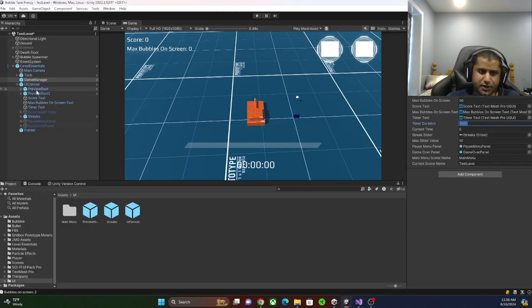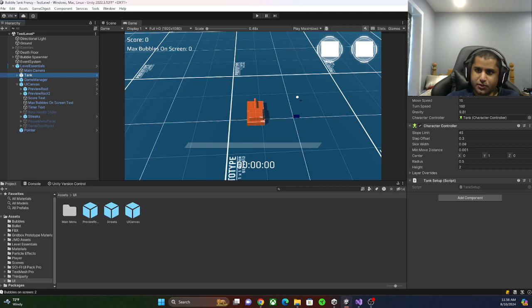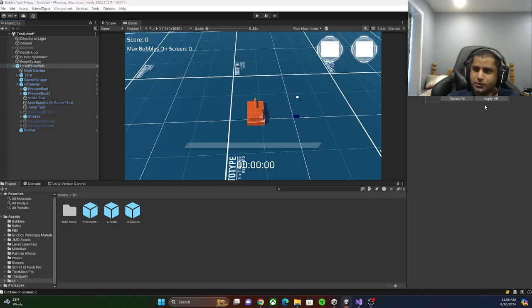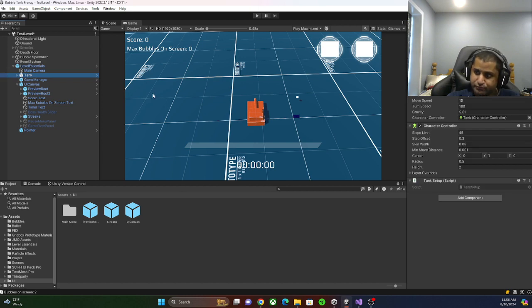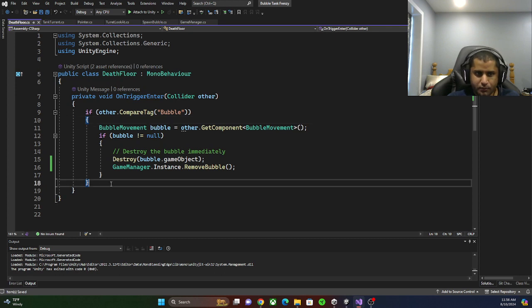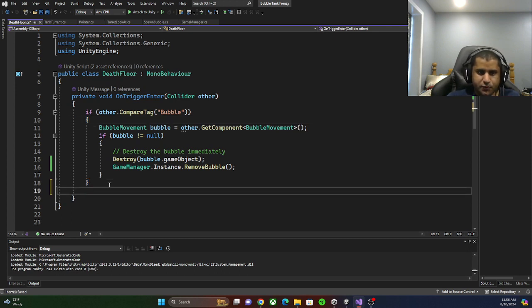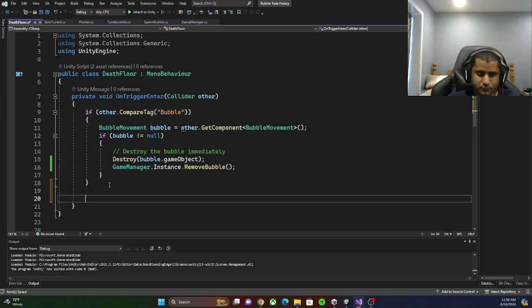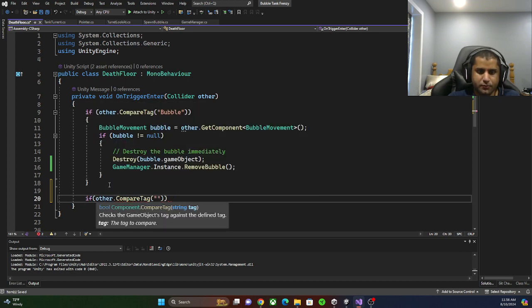Did we assign for a tank? It's on tag. Well, let's set that to the player. Let's override that. So it actually knows, like, okay, this is the tank. Now, in here, let's see. If other.compare tag. This would be the player. So if it detects a player,